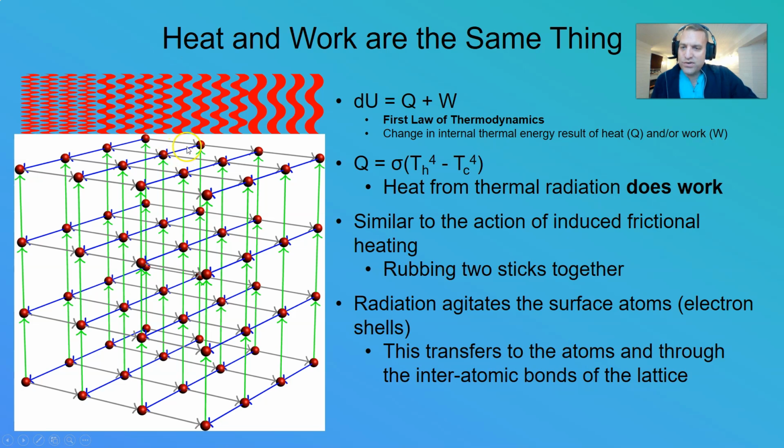And so now this interatomic bond starts deforming and being agitated, and so that agitation naturally transfers to the atom. This atom starts getting pulled back and forth because of the deformation of the interatomic bond here. And as that atom gets pulled back and forth, well, that movement transfers to all the atoms beside and above and below it, well, below it in this case, through those interatomic bonds.